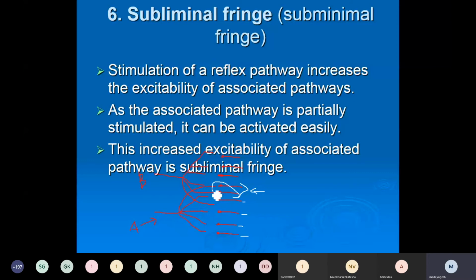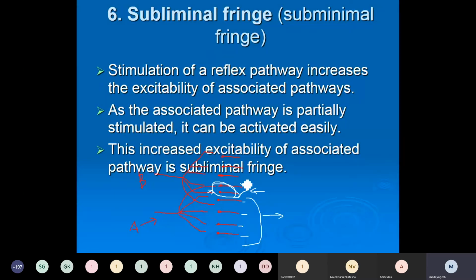What may happen to these neurons is that even though when you stimulated, these neurons also got excited, they never reached the threshold level. Action potential will develop only if the membrane potential crosses the threshold level. For these neurons, it may not reach the threshold level. But for all these ones, it reached the threshold level and they produced an action potential, and you got a response. But these neurons, which were almost excited, a very little stimulus will cross the threshold and it is going to produce a response.